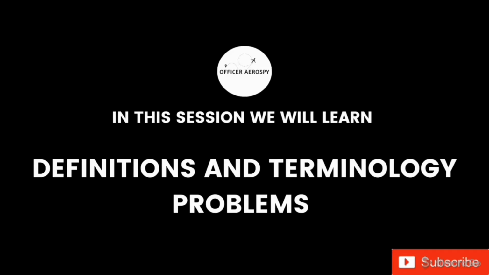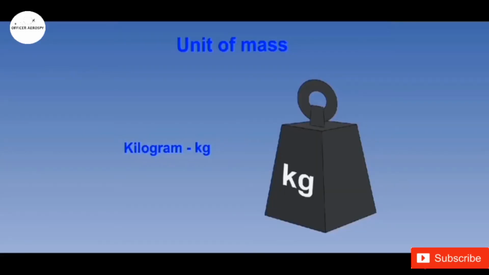In this lesson, we will learn some definitions, terminologies and calculations involved in principles of flight, because clear understanding is very necessary to progress the course. Mass. In aviation, the term body could mean a volume of liquid such as fuel, or gas such as air, or a solid object such as an aeroplane. In standard international SI units, mass is measured in kilograms, designated by the letters kg.